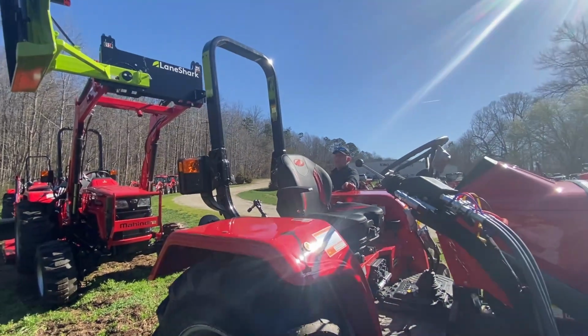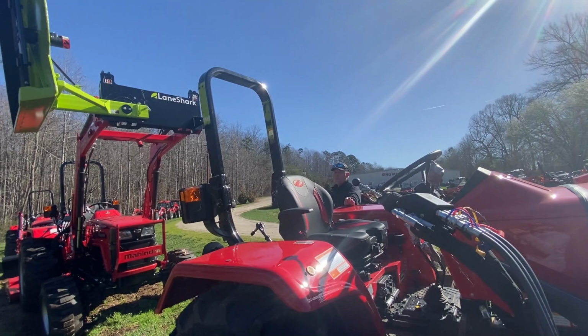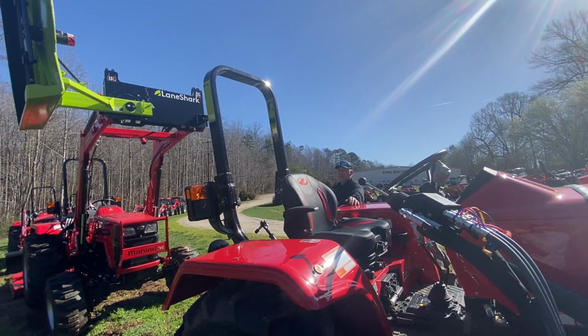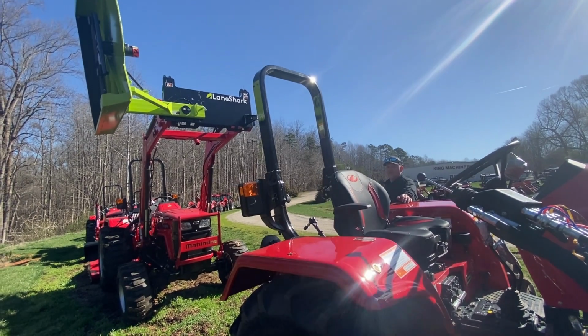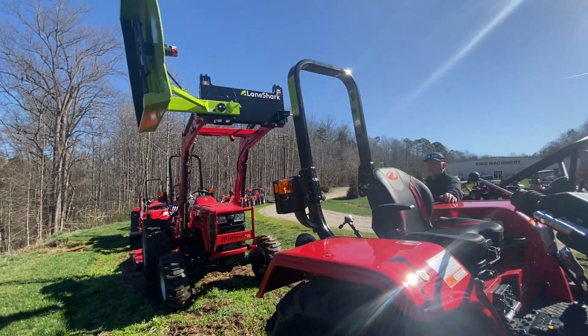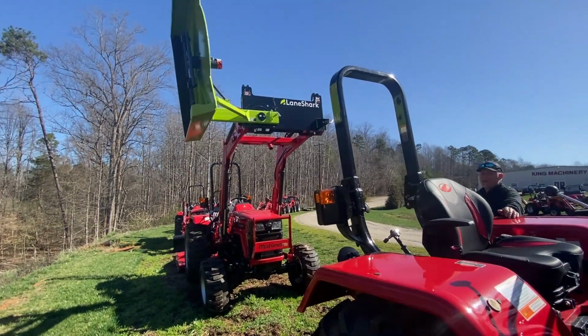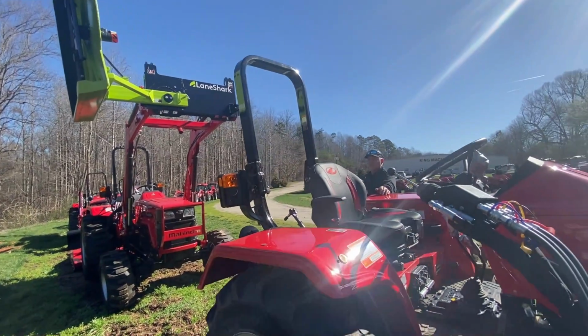And so as you look at it, that's kind of the questions you need to ask yourself. What do I want to do with my tractor? For me, it was drag my driveway, and then I knew we have horses, so I'm going to be moving some hay around, usually not round bales for horses, just square bales, so I didn't need a lot of lift. I needed convenience, and I needed my tractor to be small enough to fit in my barn alleyways so I could do things. So I think step one is asking yourself, and for most people, what is it? It's driveway,